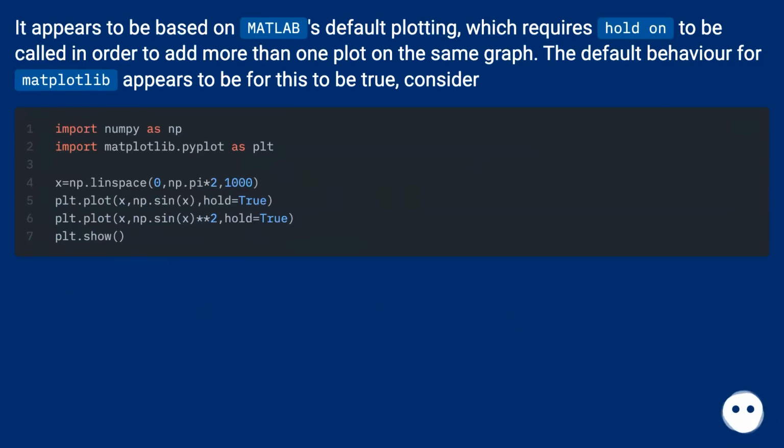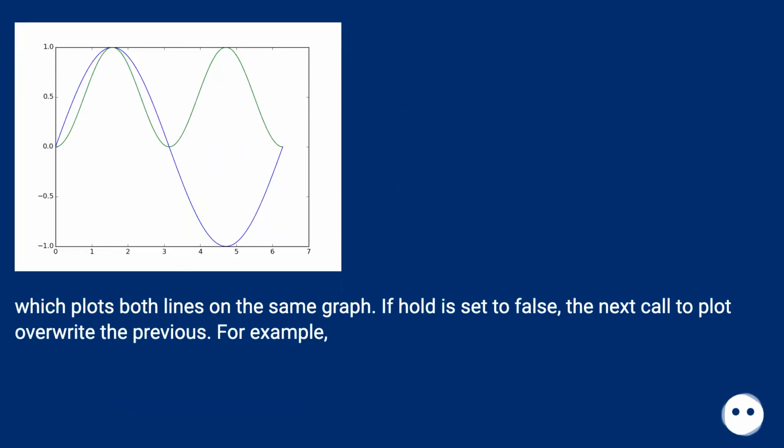Consider this, which plots both lines on the same graph. If hold is set to false, the next call to plot overwrites the previous. For example,